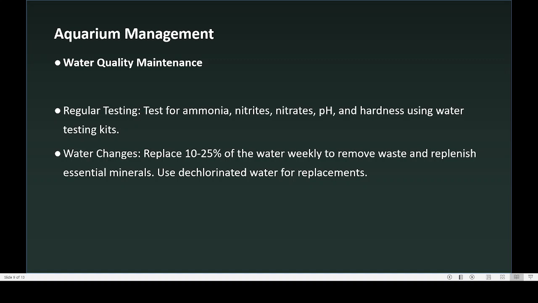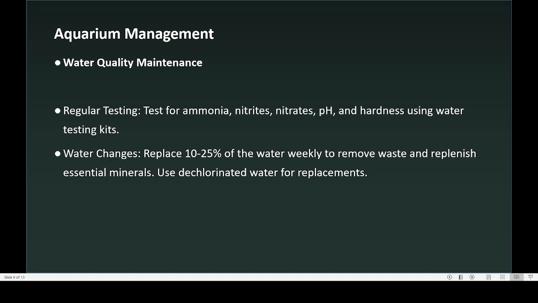The best thing is testing the water, regular testing. Test for ammonia, nitrite and nitrate, then pH and hardness. Commercial testing kits are available, and using these kits we will be able to check whether the aquarium water has the right chemical combination of these minerals. Too much ammonia or nitrate is not good, because too much nitrate will lead to the growth of algae, and algae can cause an algal bloom,